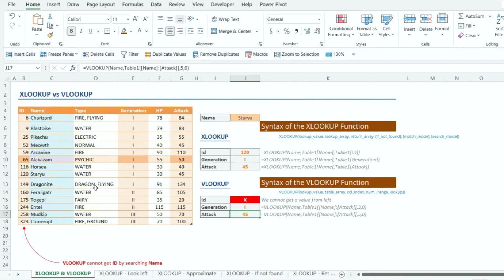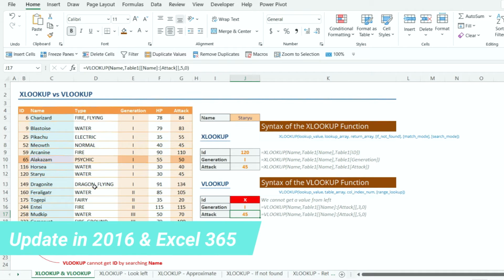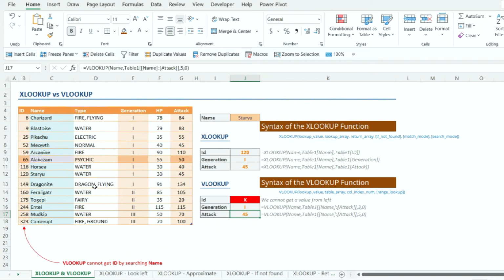Then XLOOKUP is another update that has been done, which doesn't consider whether vertical or horizontal. Maybe I can just preempt what we know about XLOOKUP. It needs three arguments.